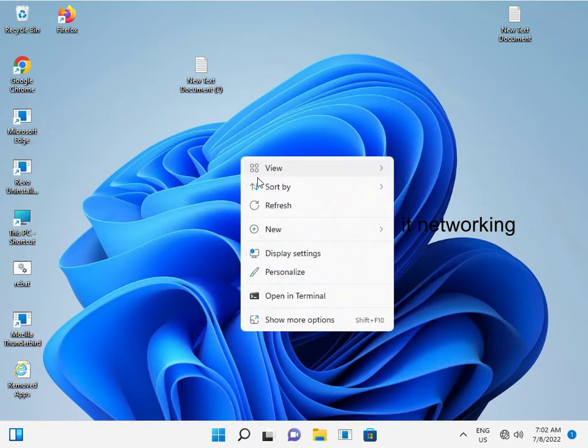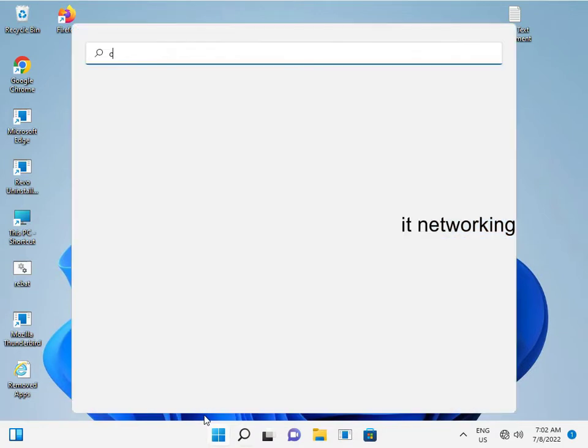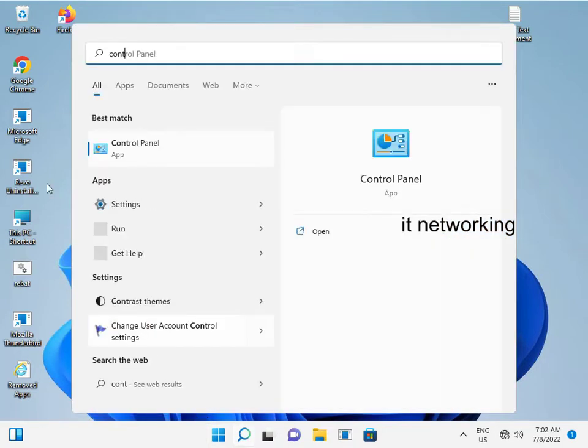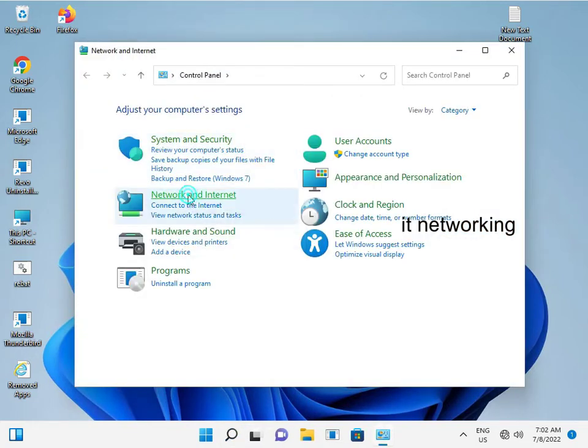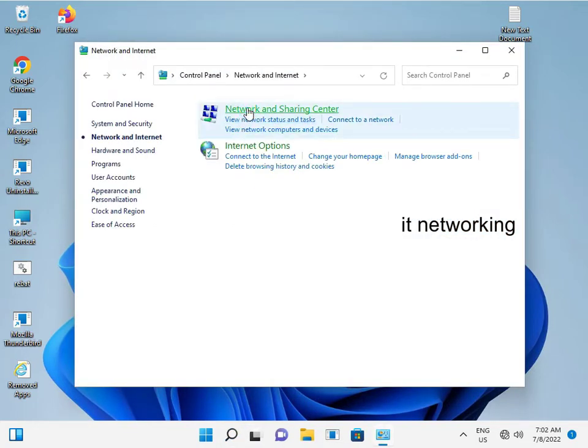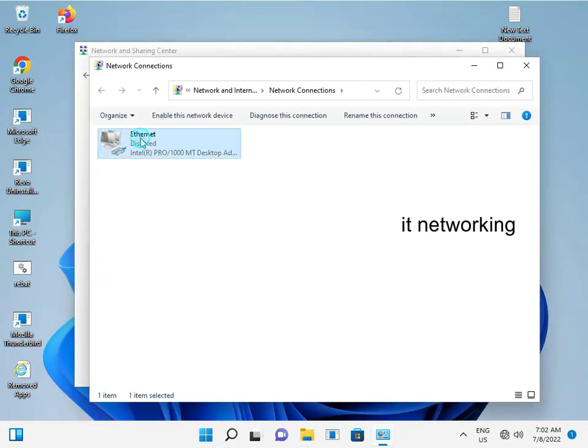Okay. So firstly, you go to control panel, network and internet, network and sharing, change adapter settings. Sometimes it automatically gets disabled, so you check whether it is enabled or not. So when running the internet, we need to enable it, so right click to enable,